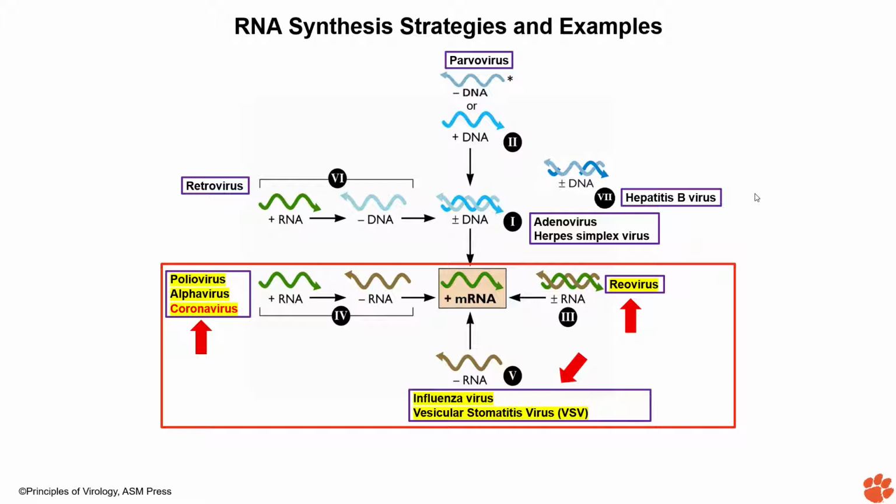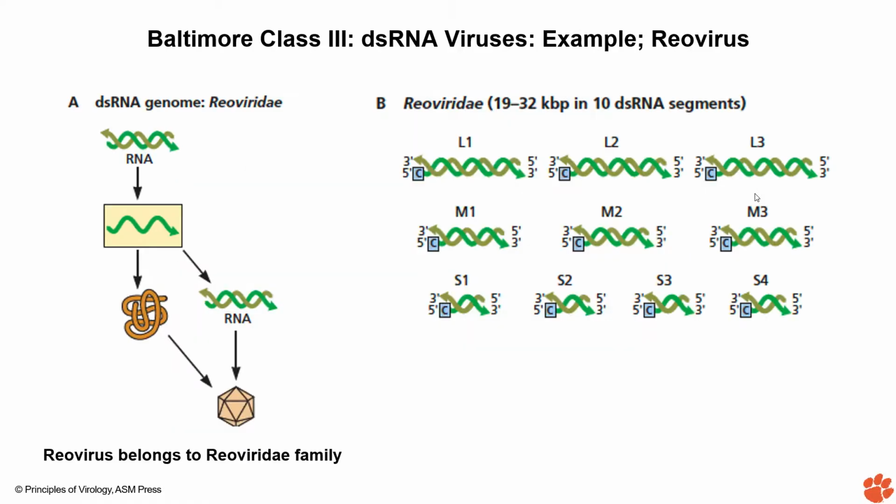All right, so let's take a look at the different strategies, which is the main part of this topic. First, we are starting with the Baltimore class 3, double-stranded RNA viruses, the reoviruses. It's a double-stranded RNA. It must make the mRNA that needs to be translated into the protein that will make the virus particle. Also, it needs to make the mRNA which is packaged into the virion, and then the minus strand is made. Again, just to remind you, the green is the plus strand.